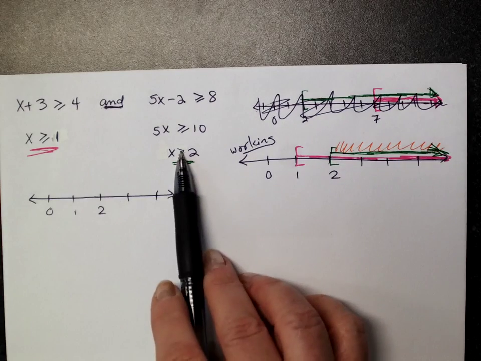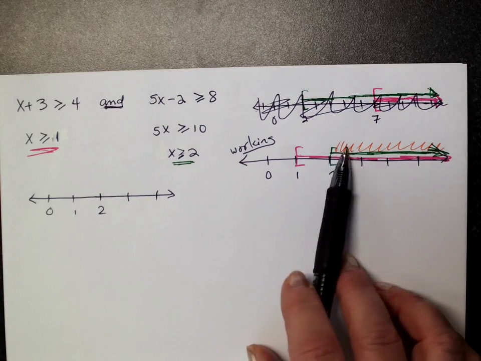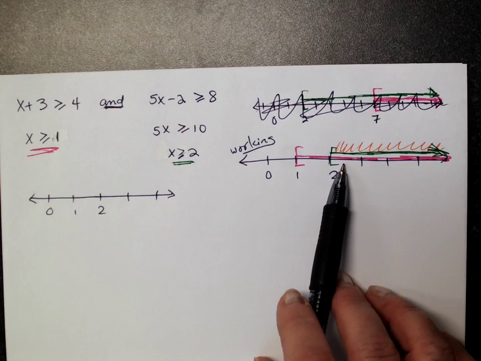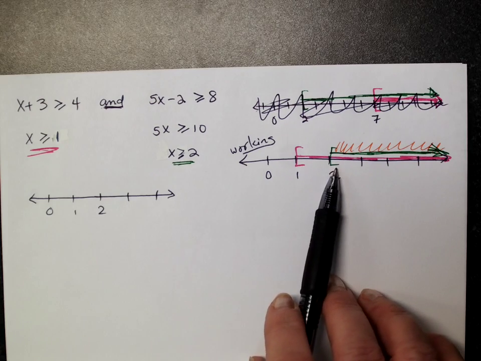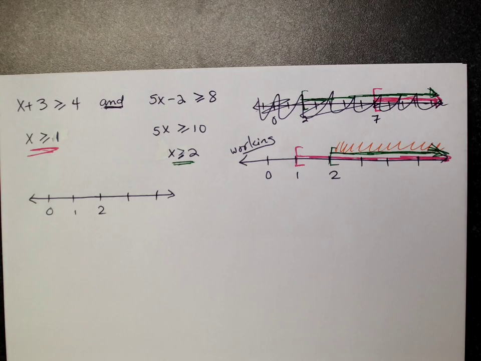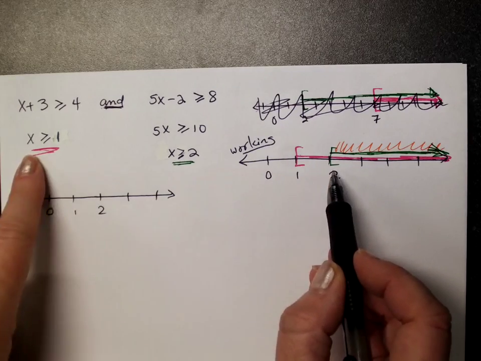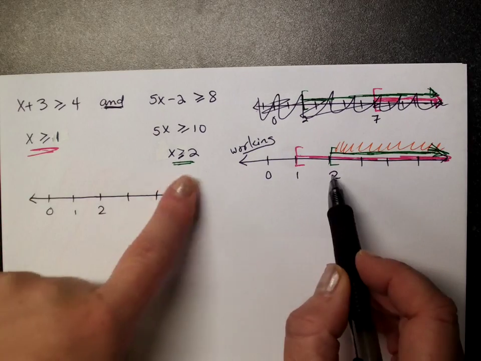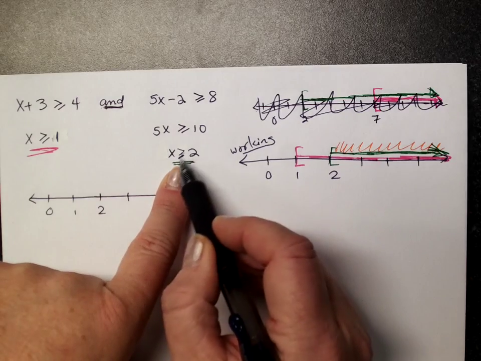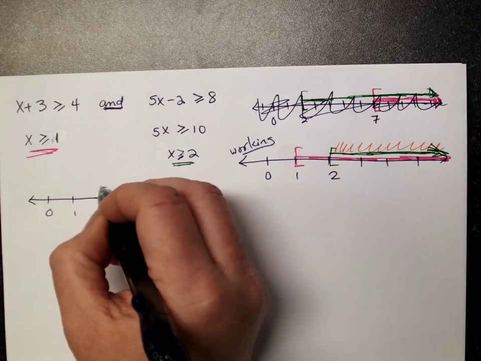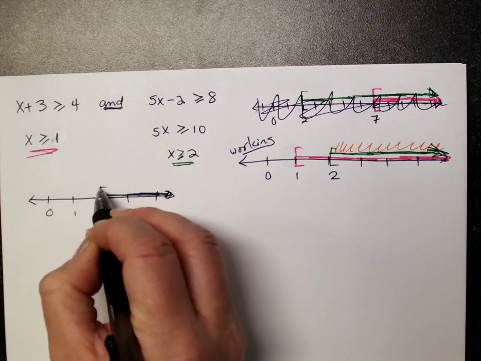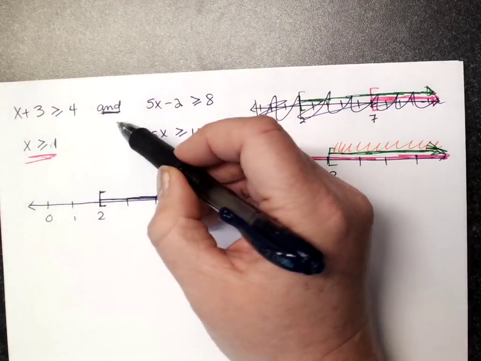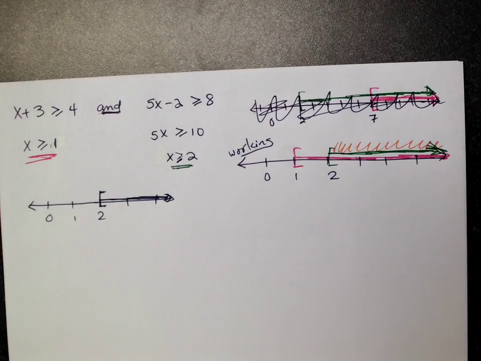Now if this were just x greater than 2, so that this were a parenthesis, then no, it wouldn't be included in both. It would still be your boundary point, but it has to be included in both, and that depends on whether it has a bracket or parenthesis. That 2 is included not only in the pink one, which just overruns it, but it's also included in the green one, because it has the "or equal to". So we do start at 2, and we go up into infinity. That's the part that overlaps. That's true for both, and therefore that's our intersection. So the smallest value